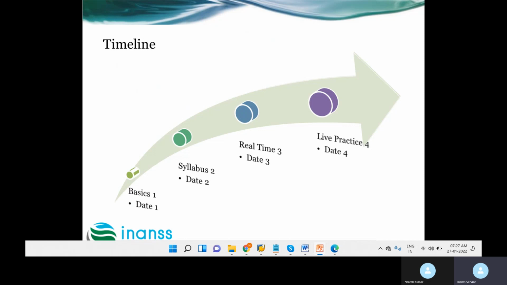what we are going to cover and in what timings. As per our content, we are going to cover the SAP S/4HANA FICO module in 30 to 35 hours. This is the methodology. We'll start with the basics, and then cover the syllabus which is in the course content. And then as real time, once we have completed our syllabus, we will also show how you are really going to experience it,